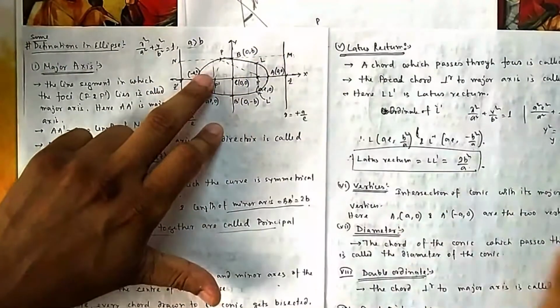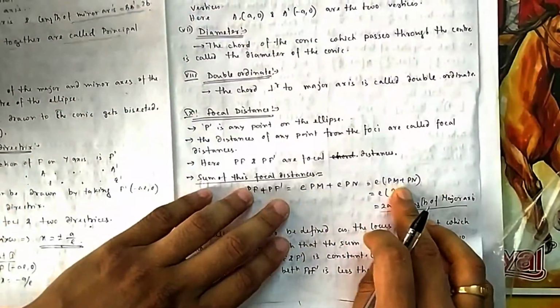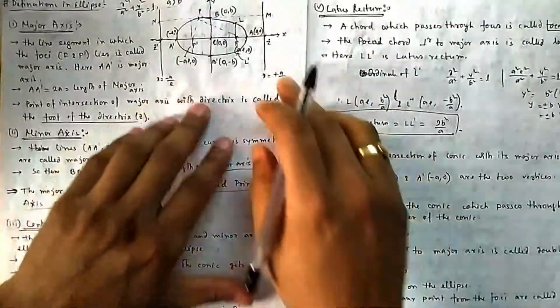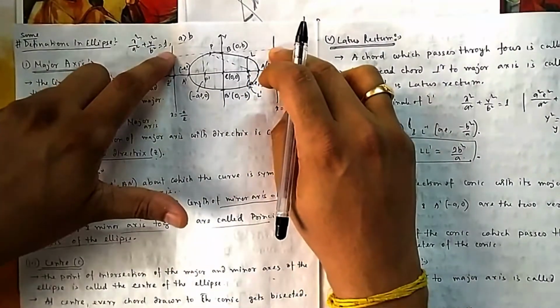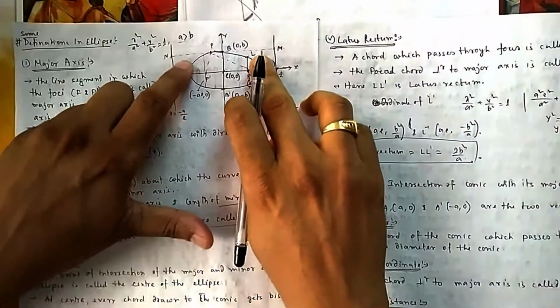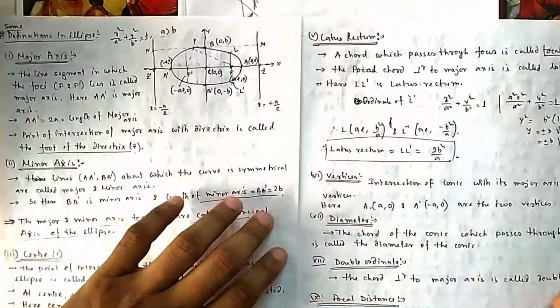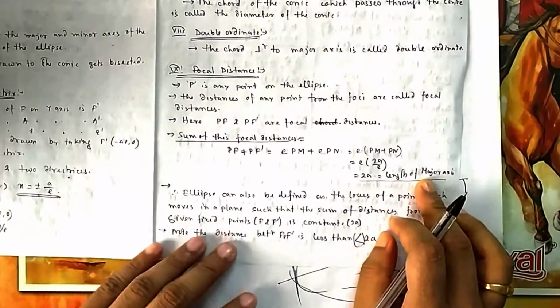So that was the meaning for PM and PM. So you can write e into PM plus PM. So PM plus PM, how much is this? This length is nothing but 2A. Sorry, this is 2A, and this length is A by e, this is A by e. So this length is 2A by e. Up to this much was 2A, and this length is A by e, directrix. Distance between directrices is 2A by e. So the 2a by e gets cancelled, so it is 2a. So it is the length of the major axis.